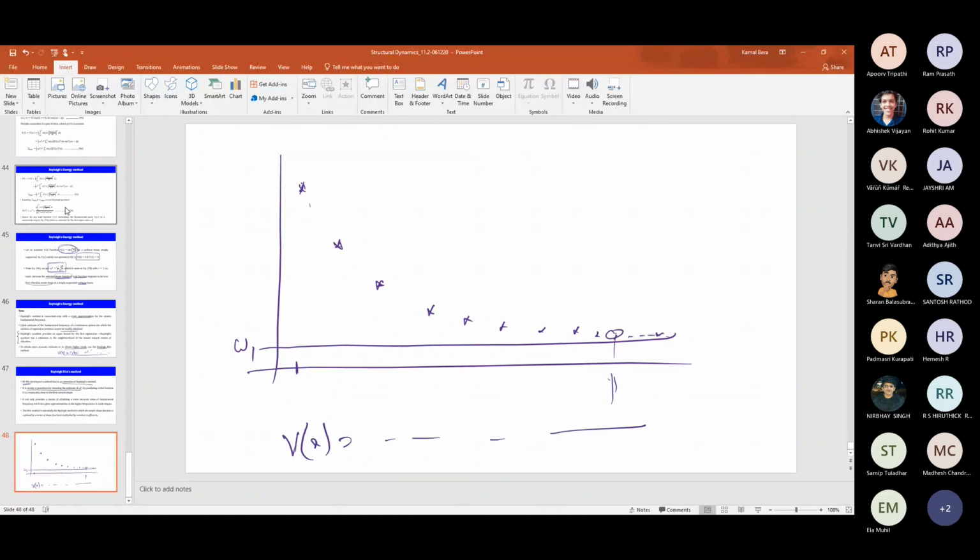So with those many number of terms, 1 term, 2 terms, 3 terms, 4 terms, you can just stop it. And not only that, with 2 terms you will get an approximation of the second frequency also. 3 terms you will get the third frequency. So this approximation will improve and you will get another frequency. So again for the second, it will converge.